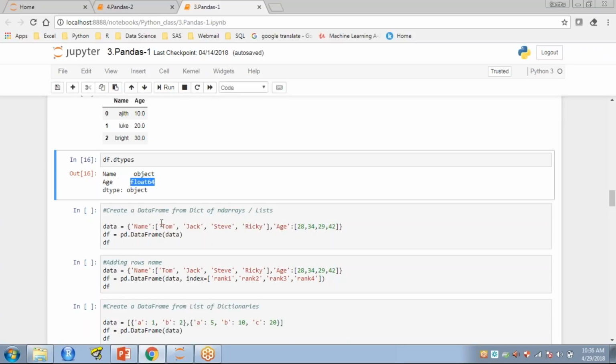And if you want to create a data frame from an nd array, meaning n-dimensional arrays or a list, how can we create a data frame from that? I'm going to create a data nd